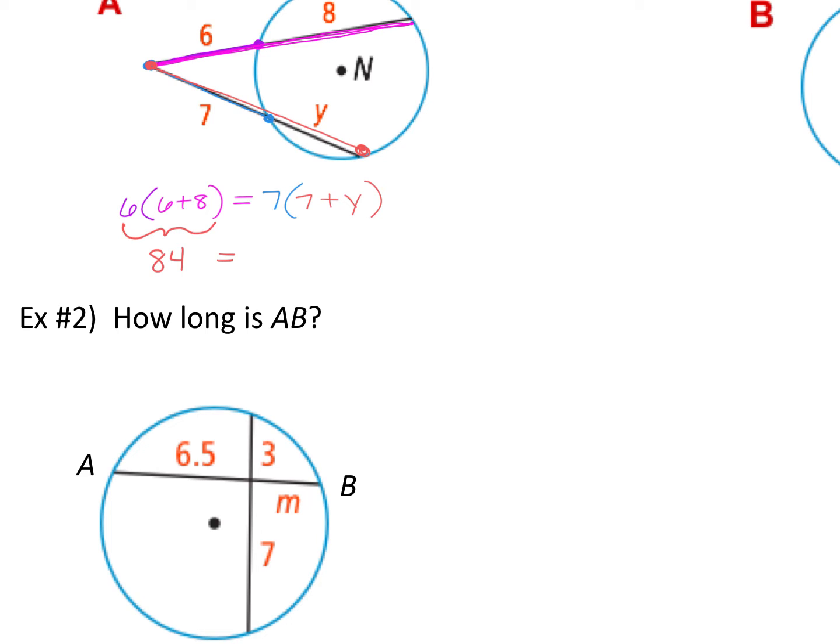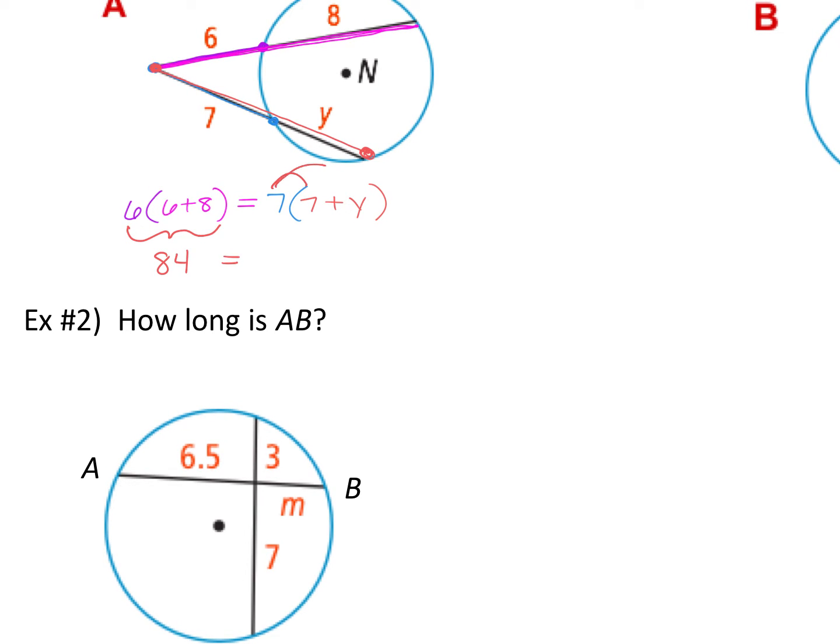On the other side, you may either distribute or you may leave it be and divide. Okay, if you're going to divide, what would you divide by? 7. I feel like the majority of people distribute here, so I'm going to distribute just because that's what people typically like to do. I get 49 plus 7y, and now you're just going to take away the 49